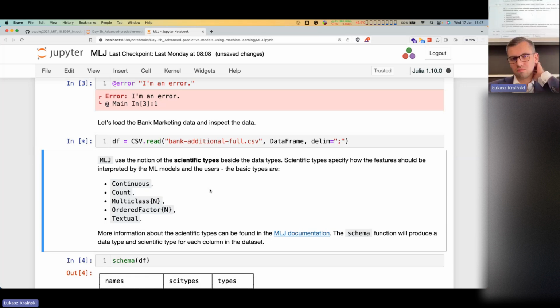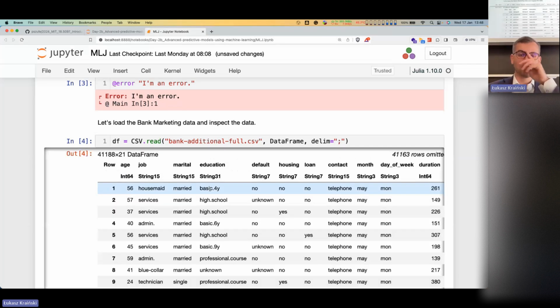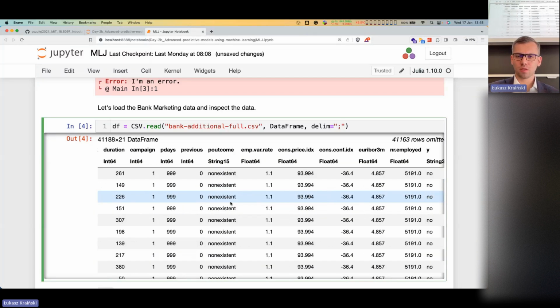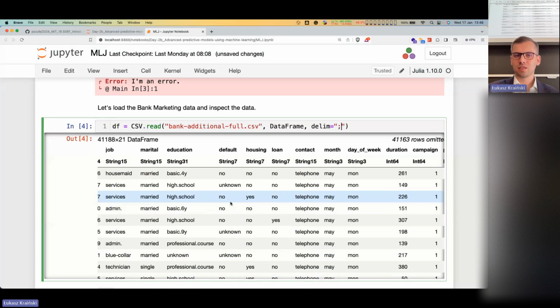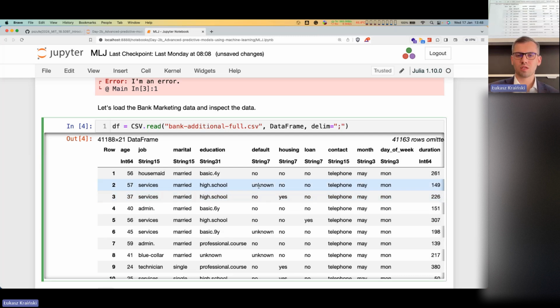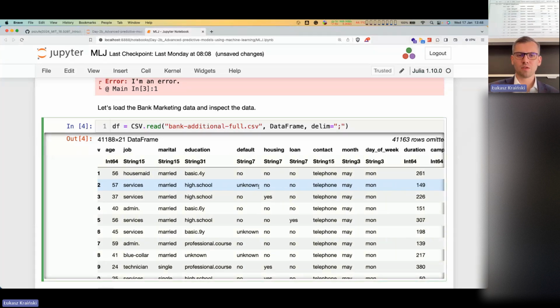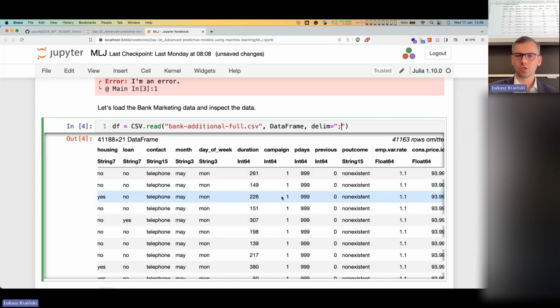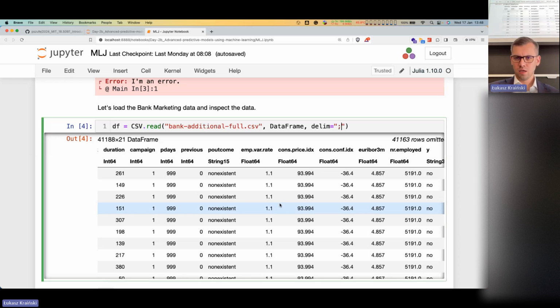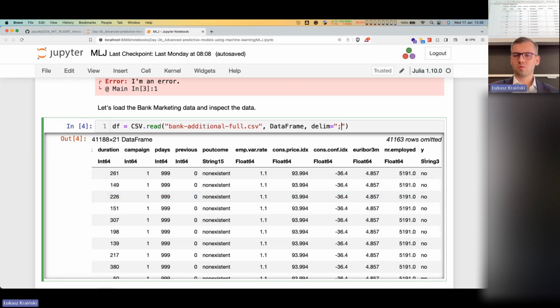So let's load the data. As usual with data frames in any language, I think it's usually a one-liner. We just needed to switch the delimiter to semicolon. And basically, we went through all the attributes. We didn't see the exact values, but I think we have a lot of categorical variables. We have those unknowns, which are in essence missing values, but we will treat them differently. We have some integers, like age, duration of the call from the previous campaign, or if you were contacted in the previous campaign. So there are some integers we will need to handle, but also, just to check, we have this most important one, y,